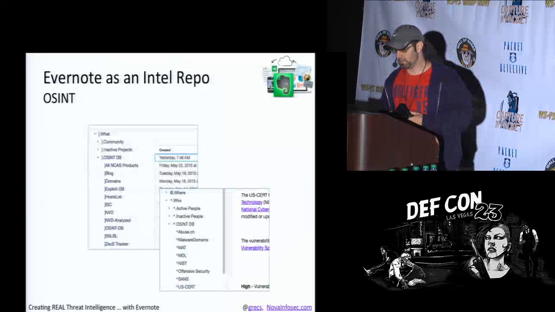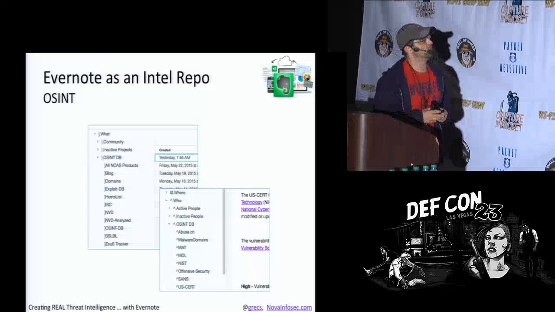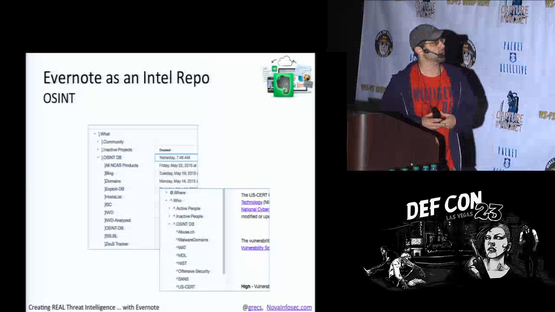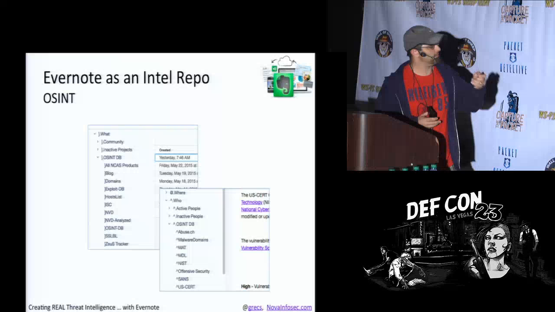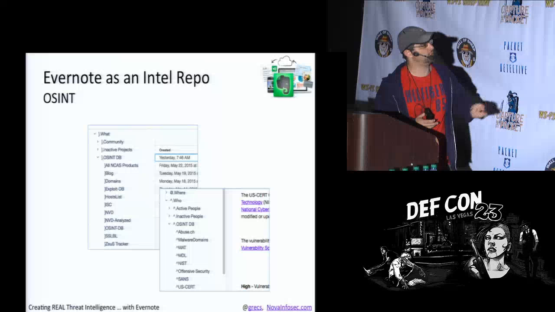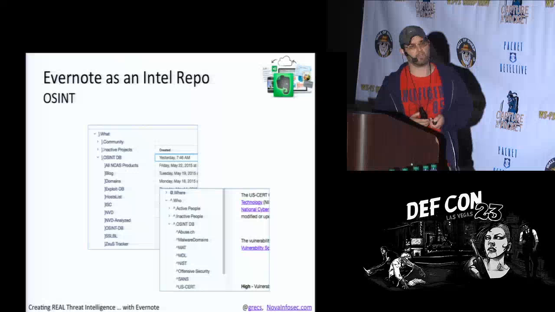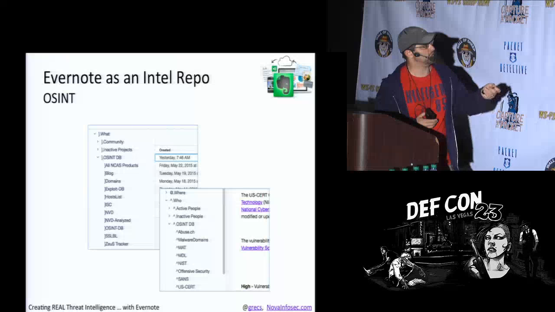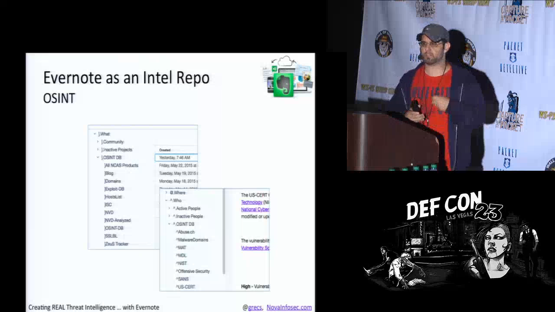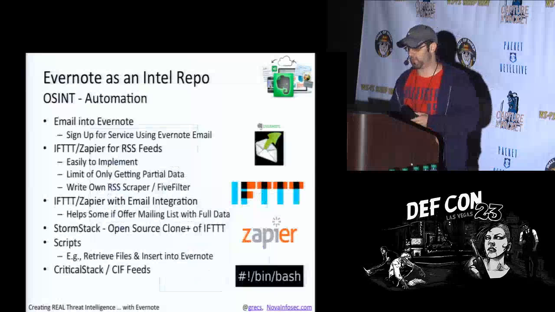and they put out about 4 or 5 blog posts per day. So this is just a quick look at what it looks like in the Evernote client on the Mac, and this is focusing on just the OSINT stuff. You can go through and multi-select these tags to essentially find the data that you're looking for.